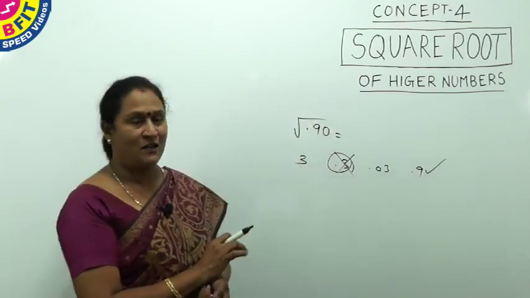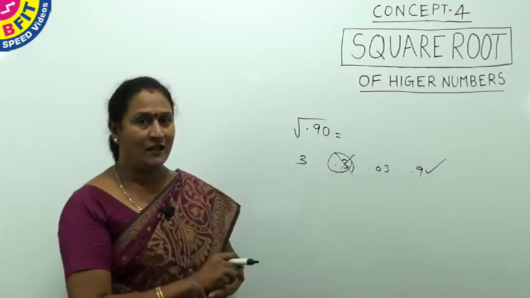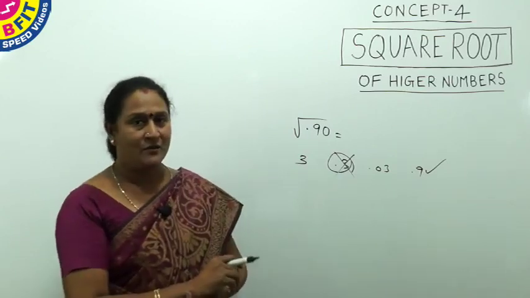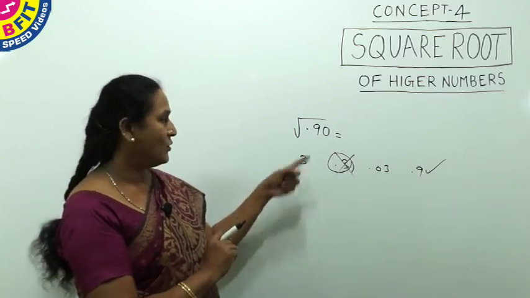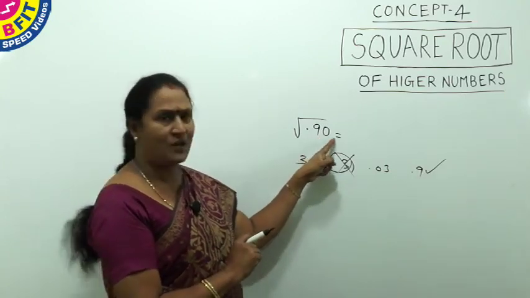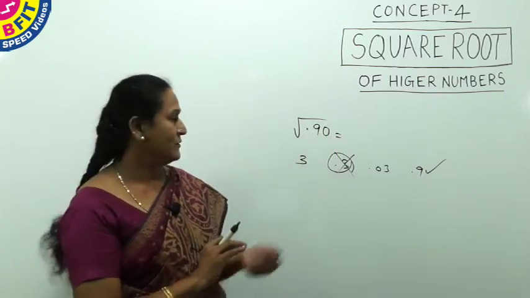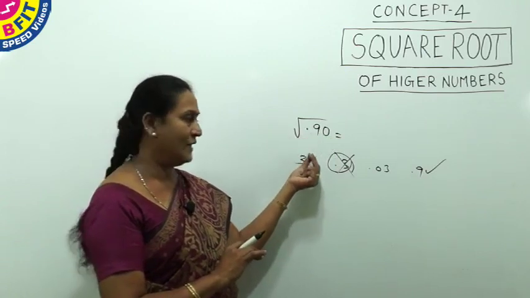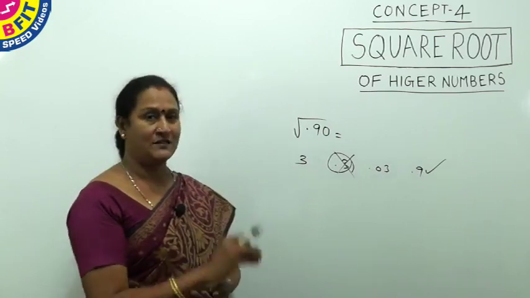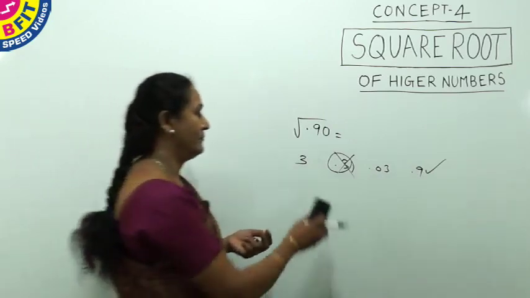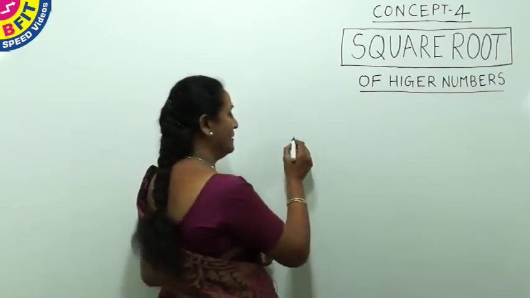Seeing this question, many will go for the answer 0.3. In a hurry, they will not think of all that. So now we are aware of this concept. So be careful while choosing the decimals or choosing the answers. Here only one decimal place was there. So any number of zeros after the integer, the decimal part is meaningless. So here the root of 0.9 is 0.9 itself. And we'll see one more example. So root of